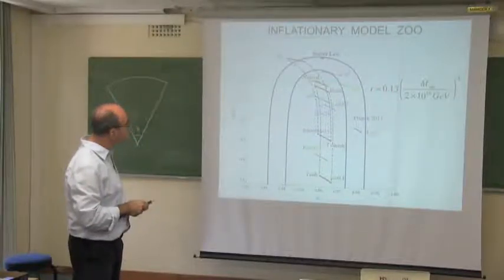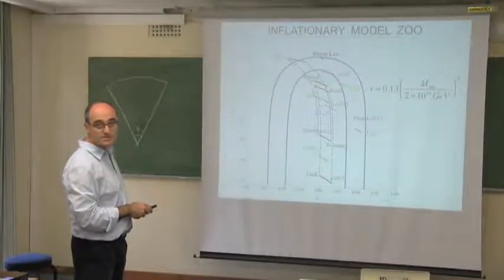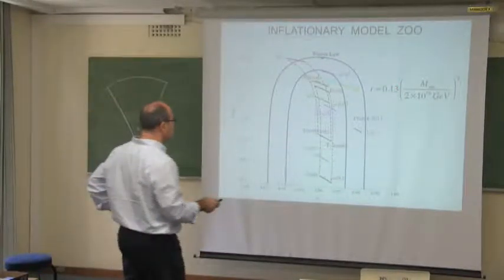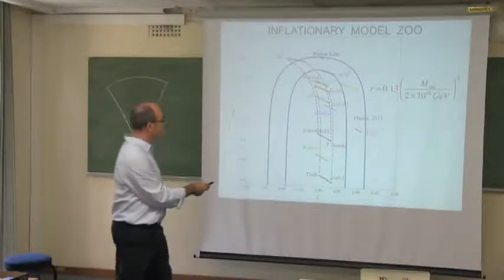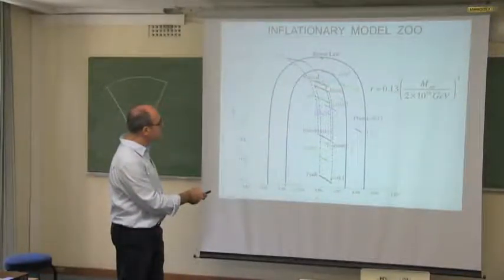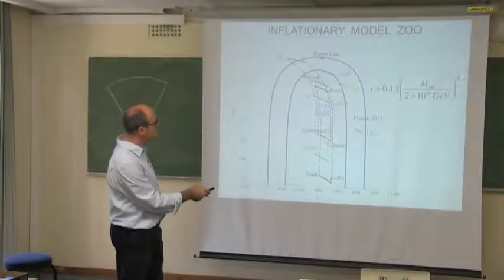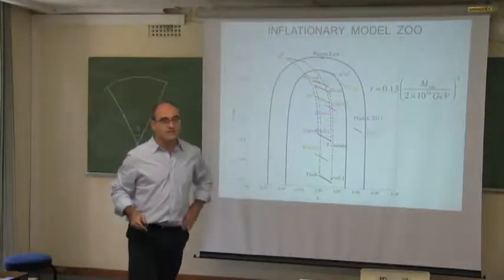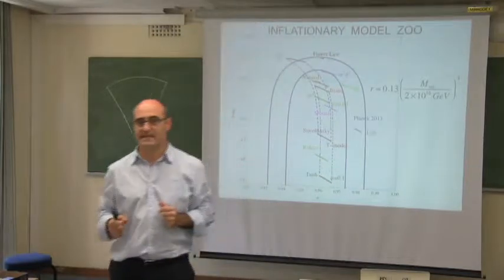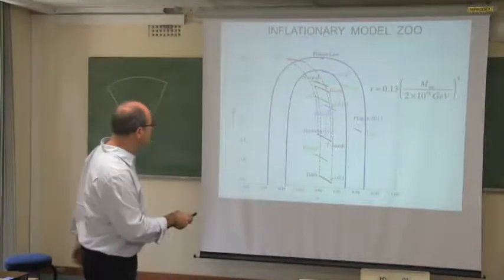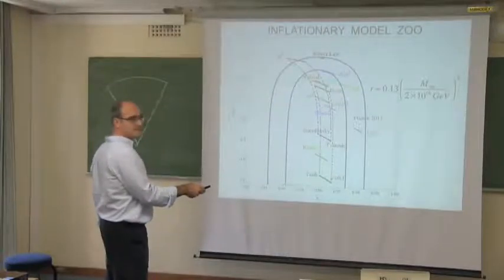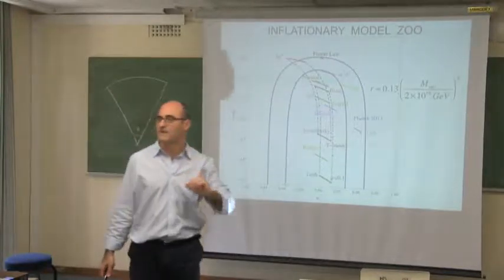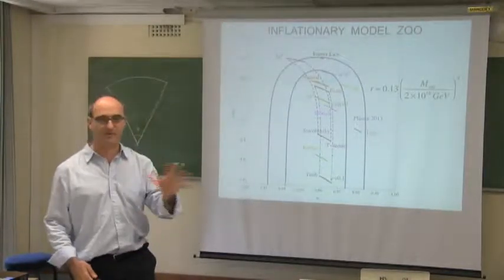Now, if we measure this to some accuracy, it is going to tell us about the scale of inflation. And notice that 0.1 is about the scale of grand unified theories. So if we lower here, say one order of magnitude, 0.01, then since this goes like the fourth power of the scale, 2 to the 4, 16, we're only going to lower a factor 2 in the scale of inflation. So in order to really go down with respect to the grand unified theories scales, we will have to be able to measure r to exquisite precision, to 1 part in 10 to the 5, 10 to the 8. And we're very far from that.